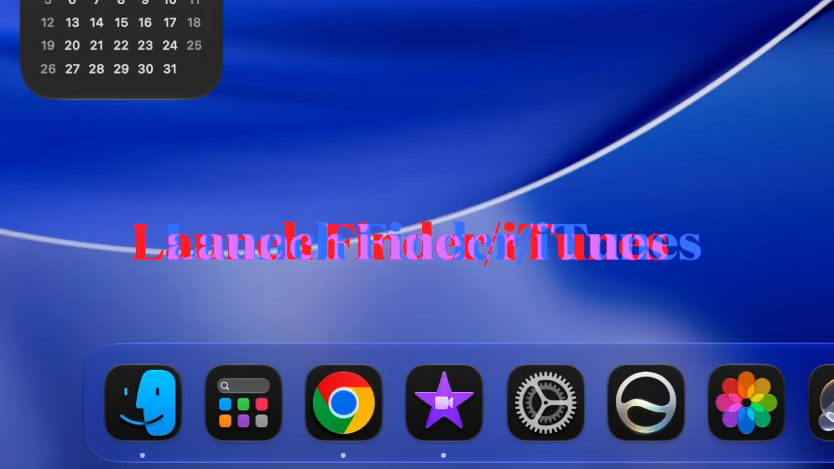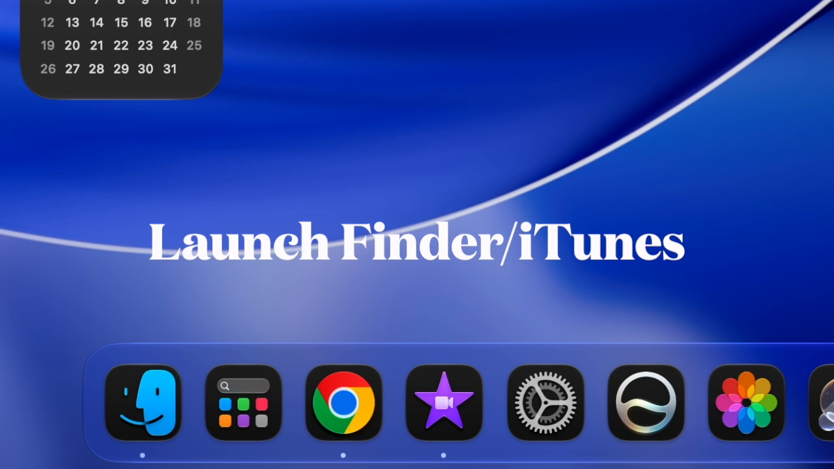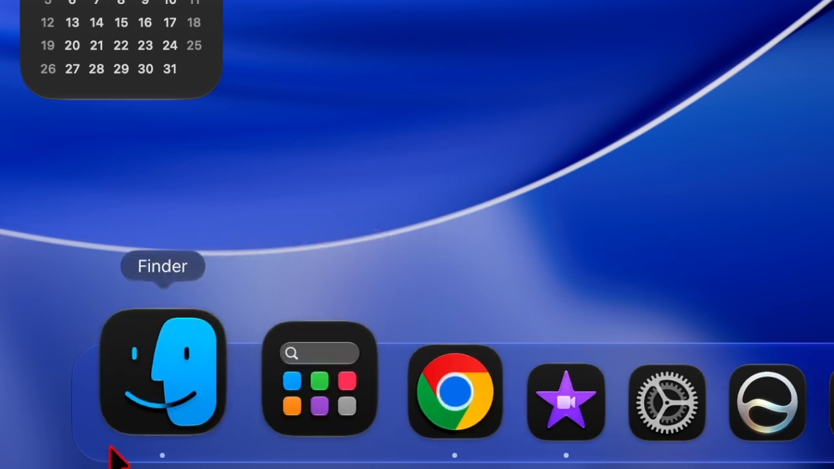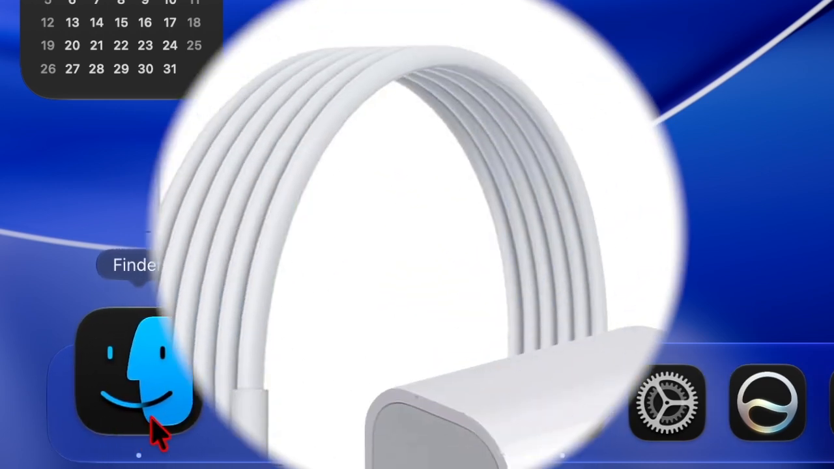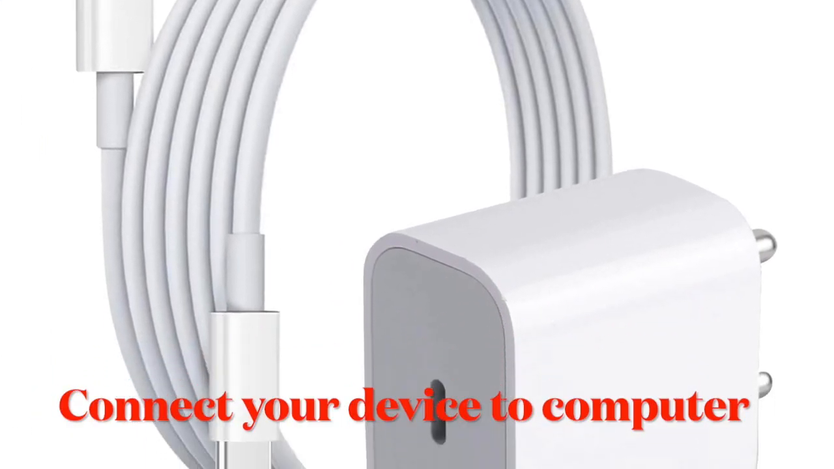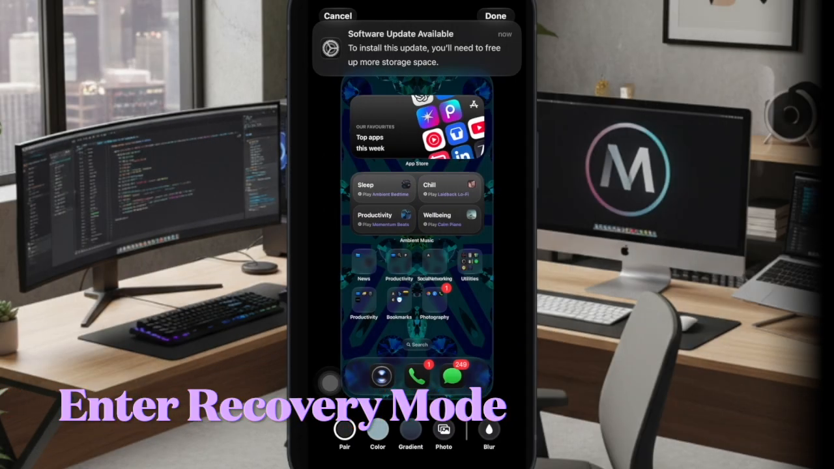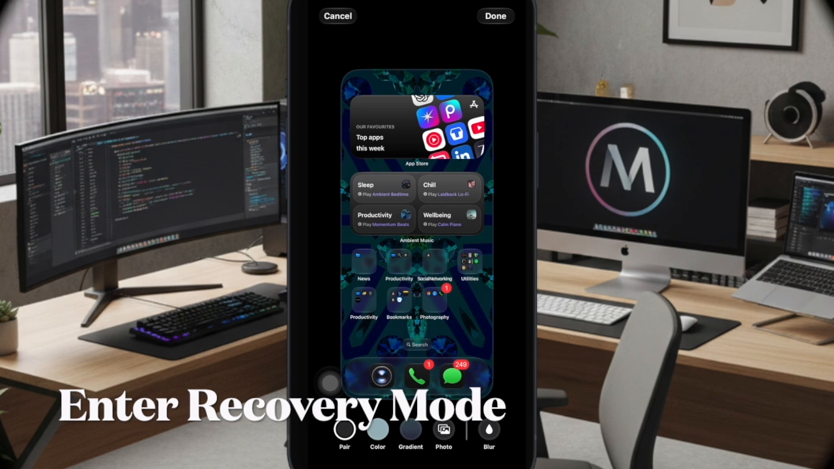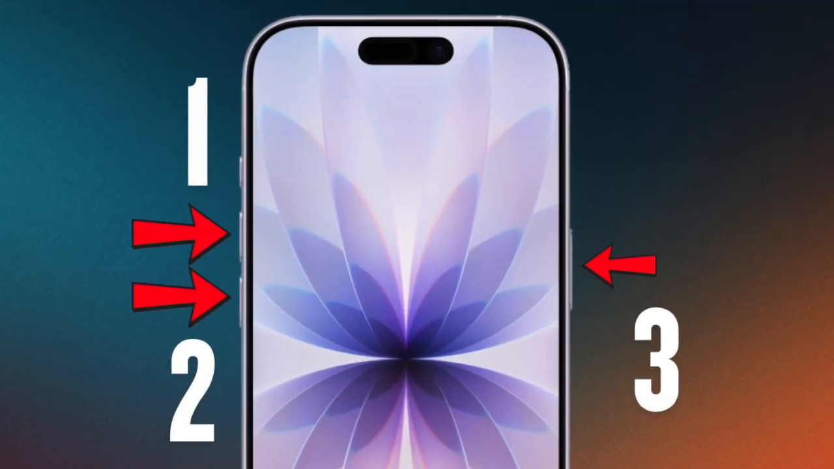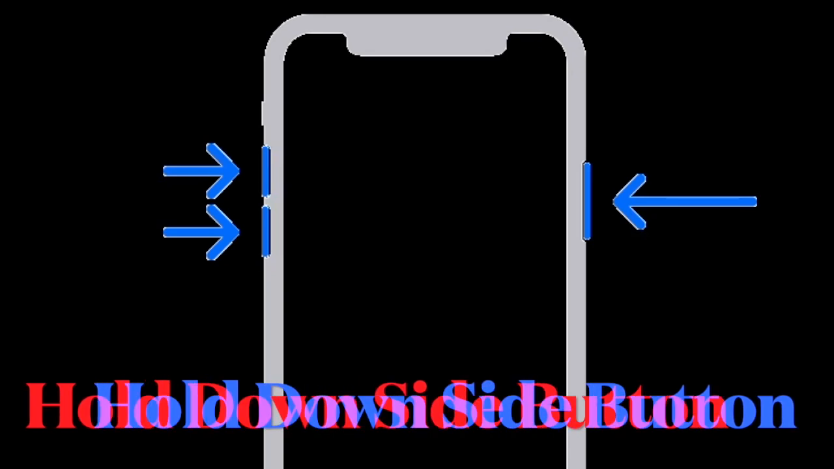So first, you have to launch Finder on your Mac, and if you're using a Windows device, you have to launch the iTunes app. Then you have to connect your iPhone or iPad to your computer using a Lightning or USB-C cable. Then you have to put your device into recovery mode. Just press and quickly release the volume up button. Then you have to press and release the volume down button. And then you have to hold down the side button, aka the power button, until you see the recovery mode